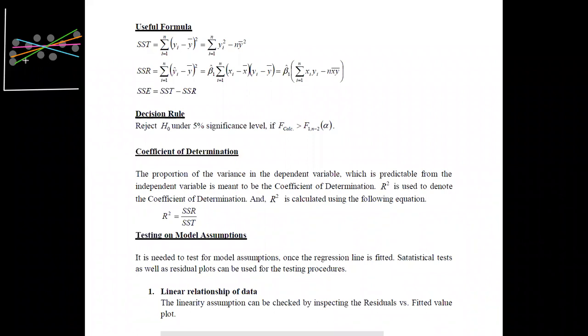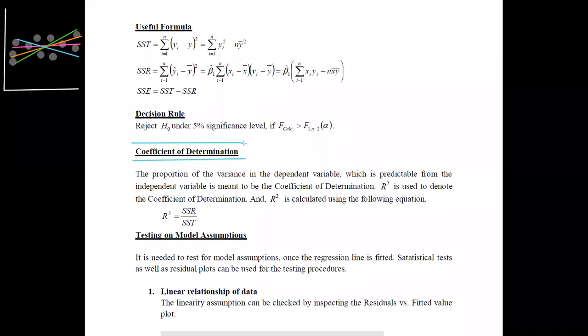But among these models, you have to identify the most appropriate model. Therefore, to identify this, you can use the coefficient of determination, which is the proportion of the variance in the dependent variable that is predictable from the independent variable.